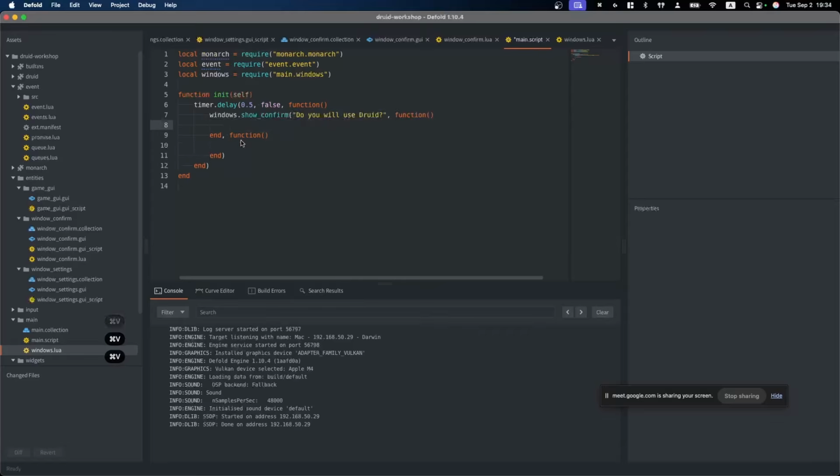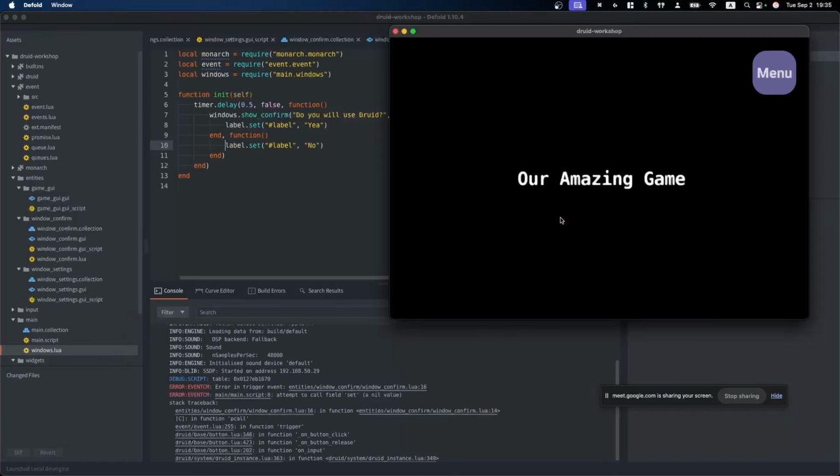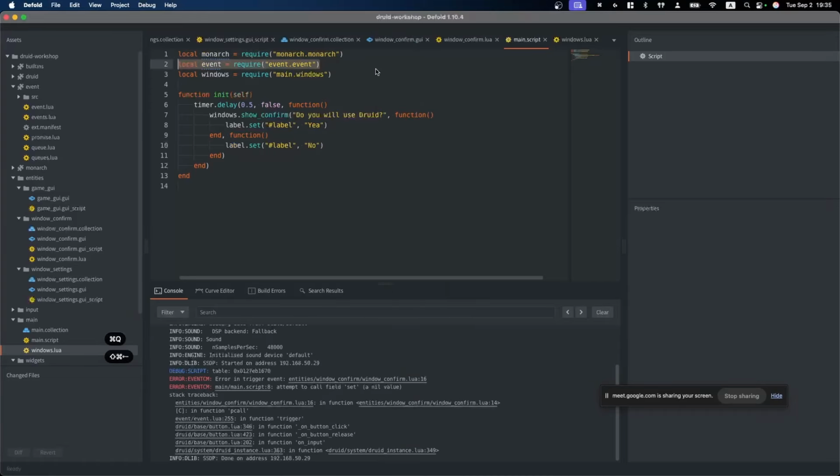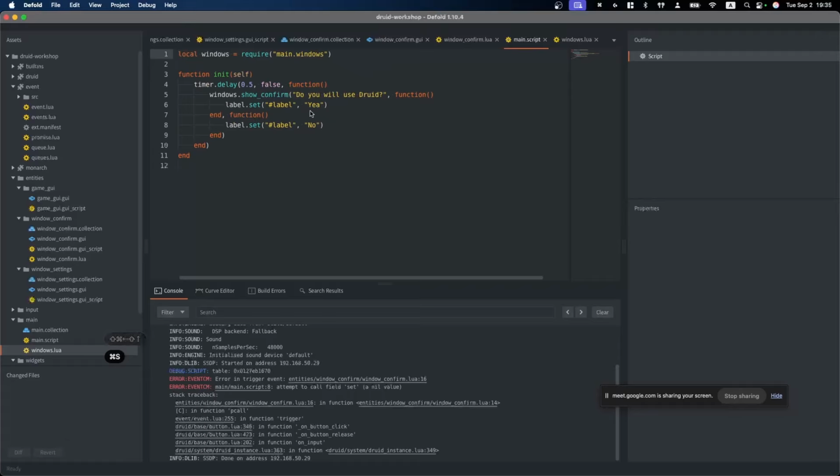I need to copy the text to use it actually, and return our label set text. Yeah, and no. Let's see if it works. Let's see why not. It's not function set, it's set text, right?